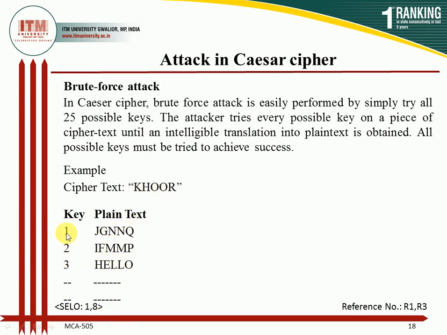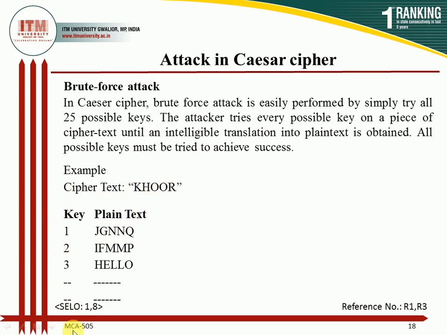So first it will apply the key 1. What does key 1 mean? Because we are decrypting, we shift one position previous, so k becomes j, right? Because we are decrypting here. One shift previous with h is g, o is n, and r is q. So if we decrypt this cipher text by key 1, we get this text. Can we say that this is the plain text? No, this is not a human readable message. And the attacker will try the second key, then the third key, and so on.